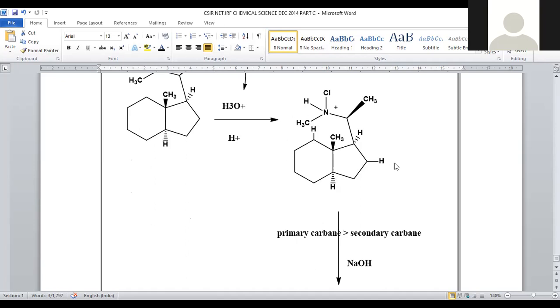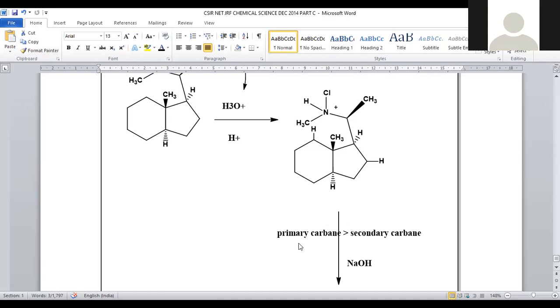We have different provisions for this. You can say 1, 2, 3, 4, 5. These many provisions are there in order to attach the sodium hydroxide. But we have to go through the careful stabilization of the carbene ion intermediate, which will decide what the product will be, right? So here, when sodium hydroxide is added, you can abstract this hydrogen, this hydrogen, this hydrogen, this hydrogen, or the methyl hydrogen also. Then what will be the suitable one?